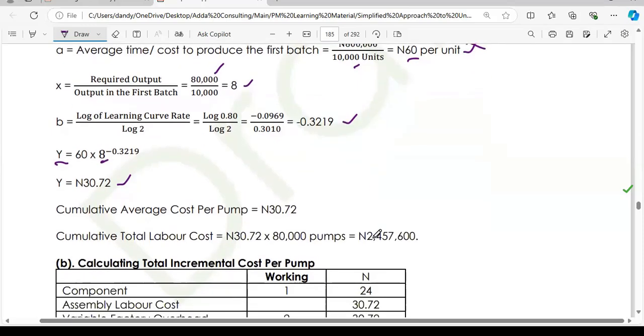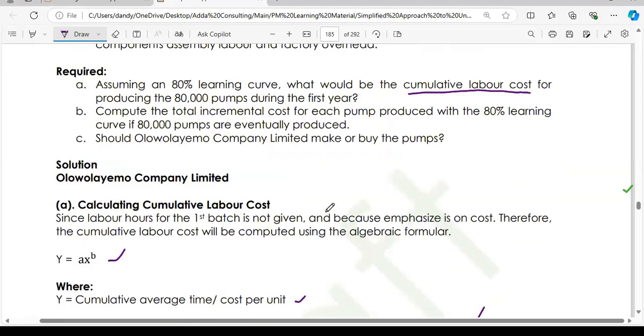To now get the cumulative total cost for the pumps, how many pumps do you want to produce? 80,000 pumps. The average cost per pump is 30 naira 72 kobo. So when you multiply 30.72 by 80,000 pumps, that produces 2,457,600. That is the total labor cost of producing the 80,000 pumps. That's the first requirement of the question. Then I will move to B. In the B part, you are to compute the total incremental cost for each